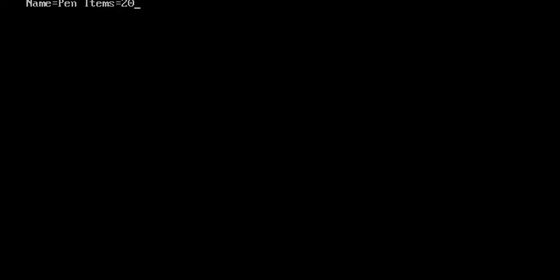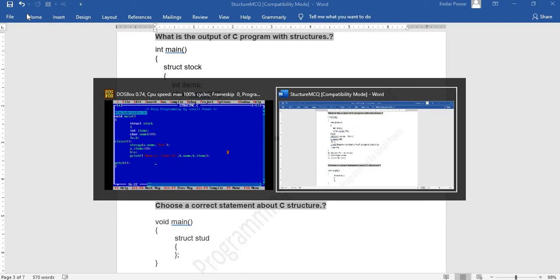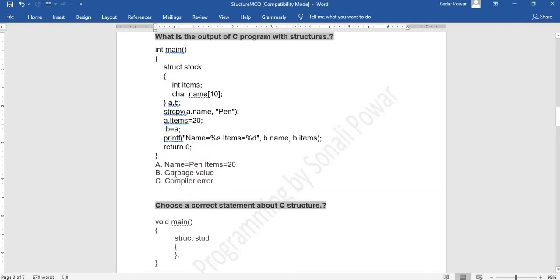You can see this is the output. Name is equal to pen and atoms is equal to 20. So the correct answer for this question will be option A, that is, name is equal to pen and atoms is equal to 20.